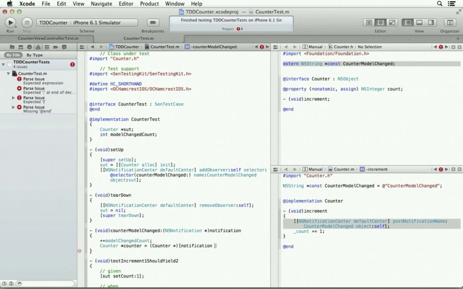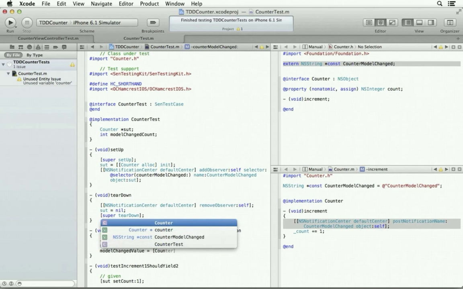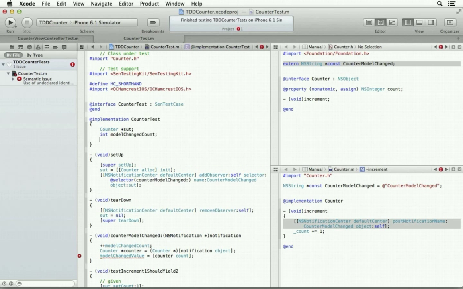So let's get the notification object, cast it to a counter, and from that get the counter's count into a model changed value, like that.